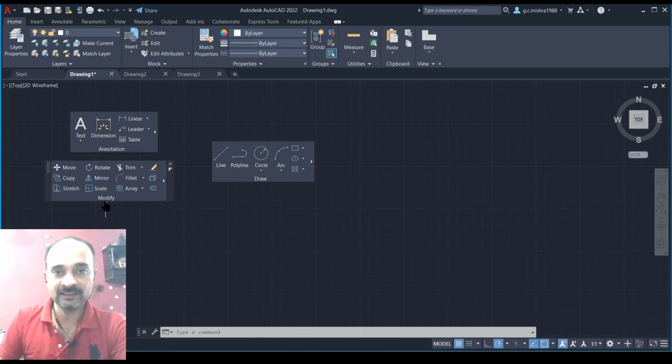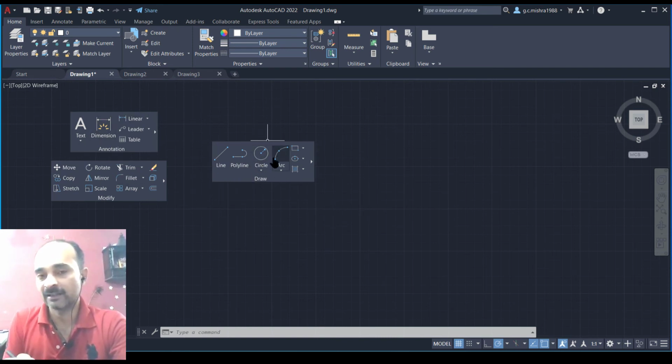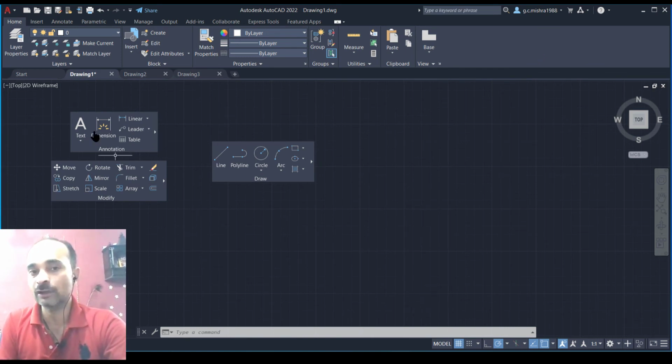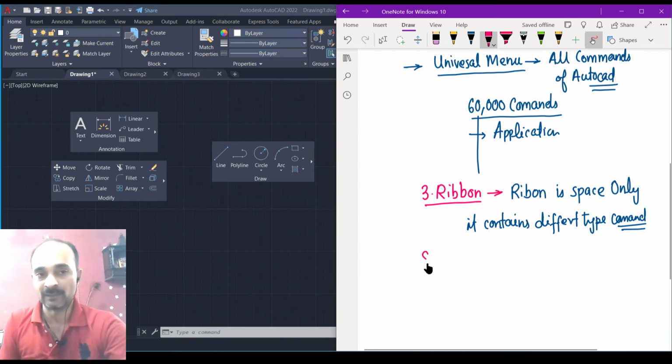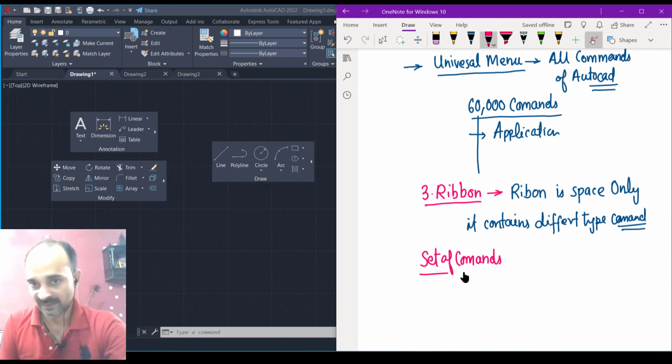Basically, annotation performs dimensioning work. On modify, you can cut, trim, extend, means you can modify your existing drawing parts, and in draw you can create your drawing. These are different sets of tools which are present here, but ribbon holds these commands. So ribbon is only the place.